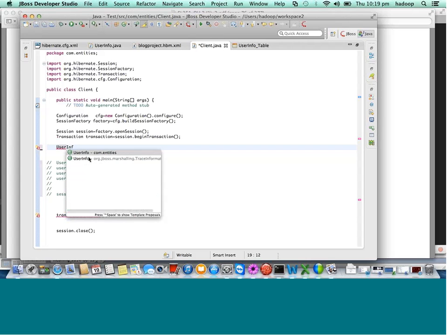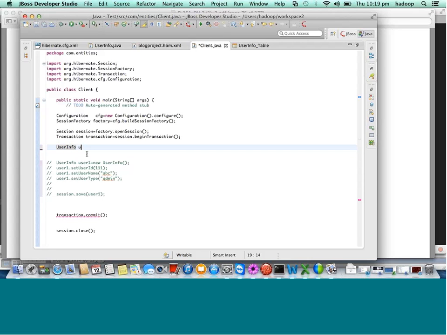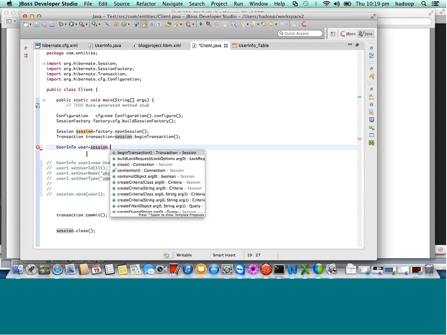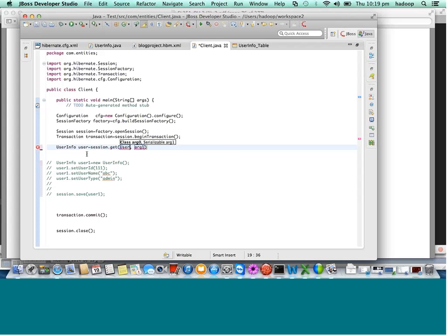User info. I'll write here user equal to session. Instead of save, I will use get. Now when you get, you have to tell Hibernate that you get it from me, get data from the database, and please create an object of this particular class. So you have to pass here the structure of the bytecode also. And here you have to pass the ID which you want to